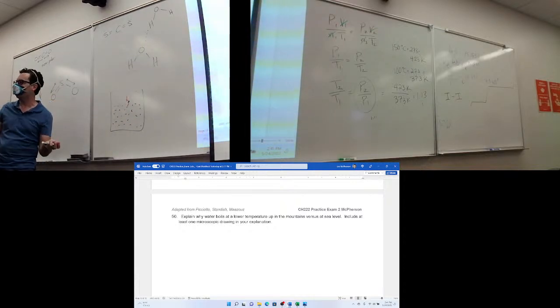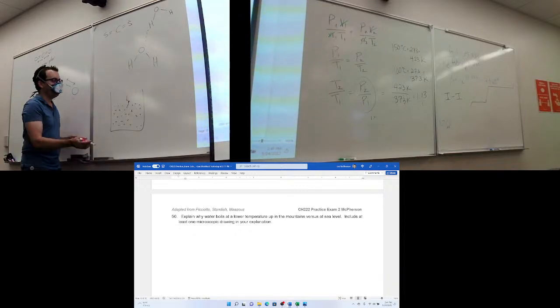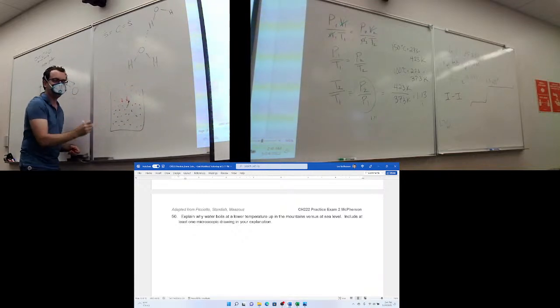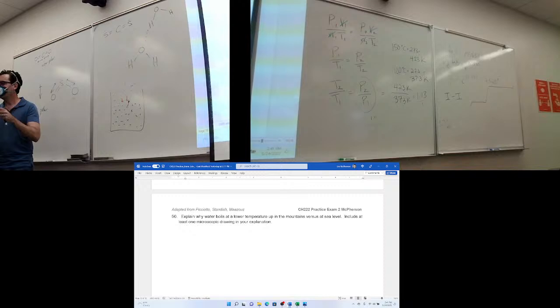There's nothing interfering with them escaping. But let's say there's a ton of air, higher pressure. Now there are more air molecules slamming into the surface of your water, kind of getting in the way of these liquid molecules escaping. So that's kind of the molecular reason why a higher atmospheric pressure causes the